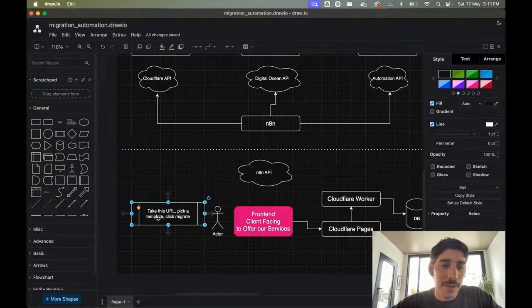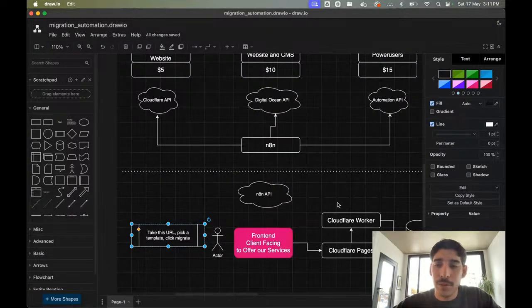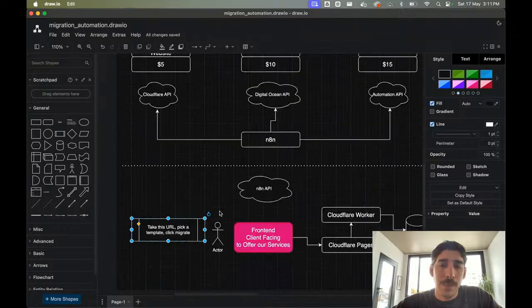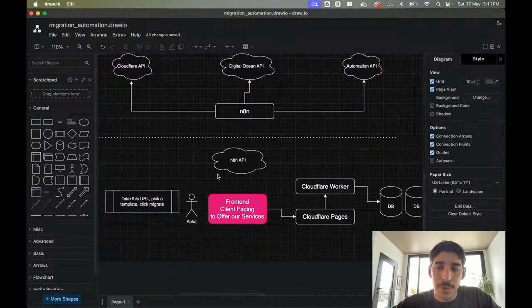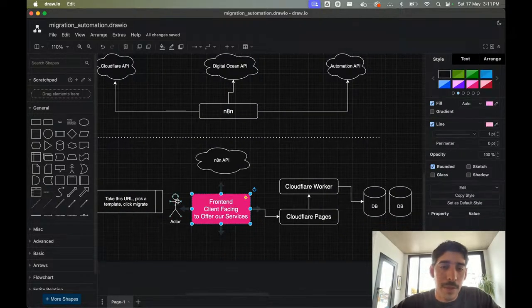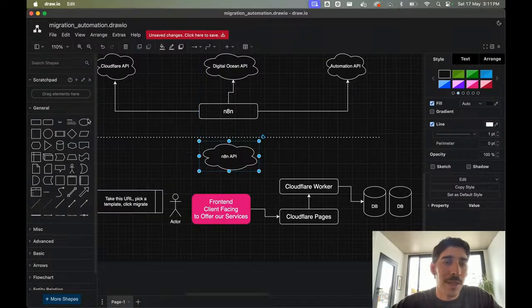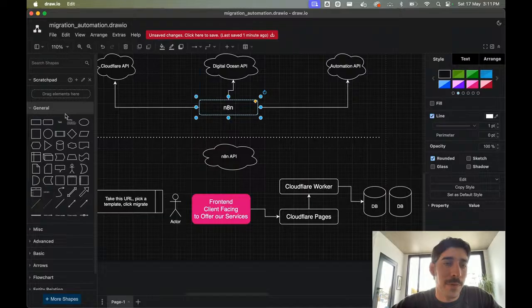So this is what users are going to see, but all of this is what is going on in the background. They are probably not going to connect to the n8n API. We should probably have some interface here, like this is the n8n workflow.